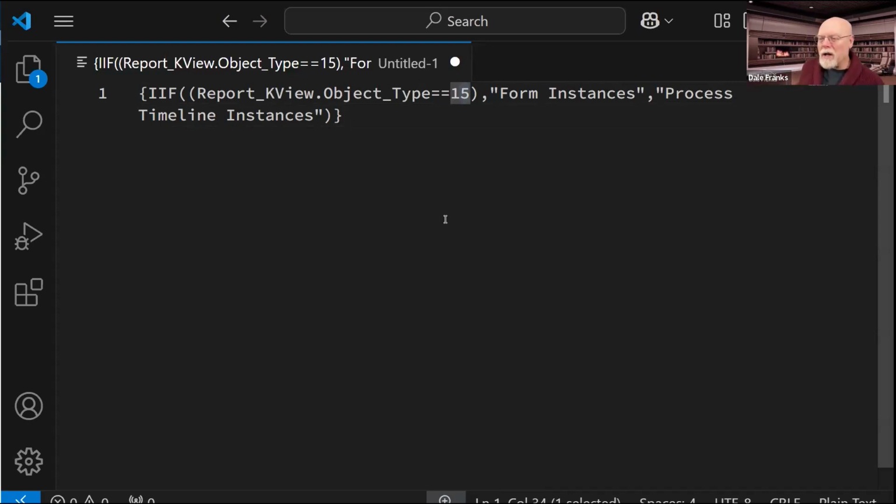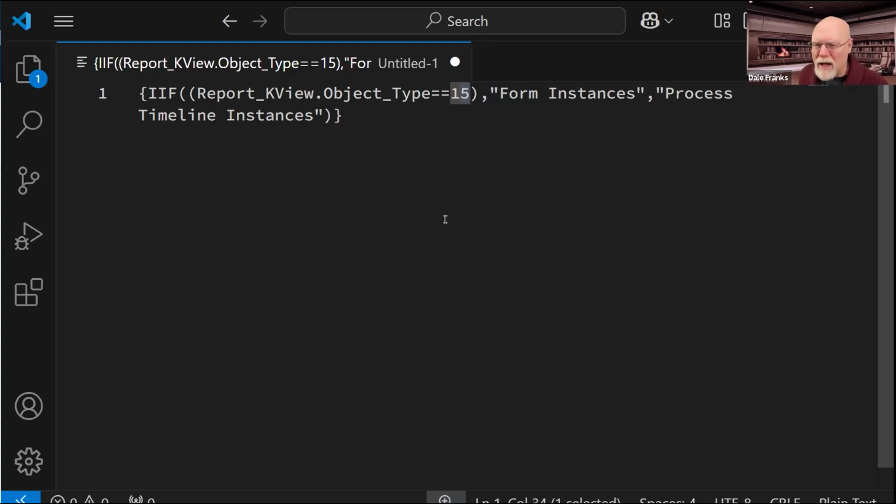So when you run a knowledge view and you run form instances and process timeline instances, in my case, I don't have to know the number for process timeline instances, because I'm only running two types of objects, form and process timelines.